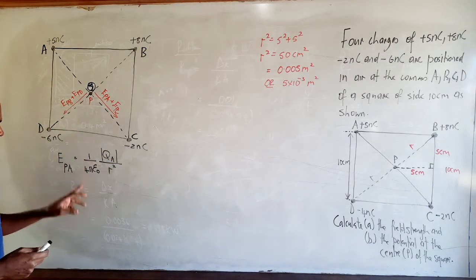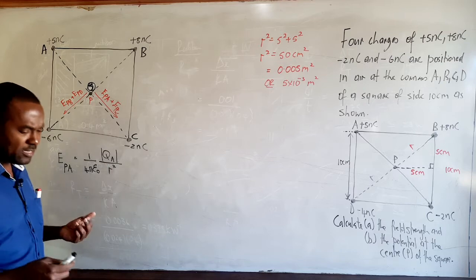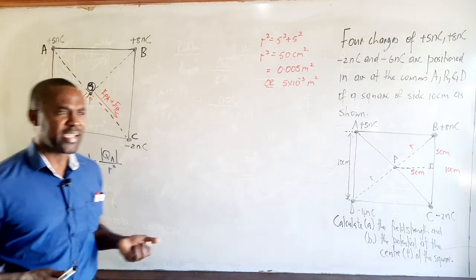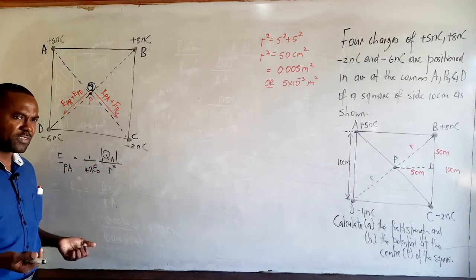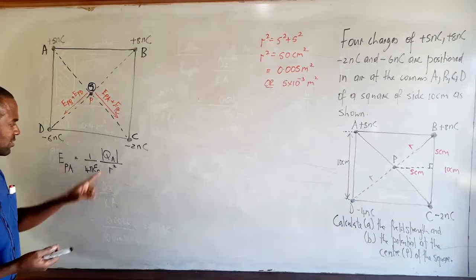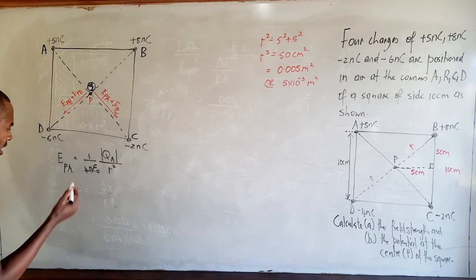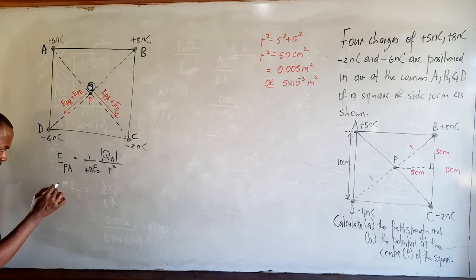So taking this constant as 9 times 10 to the 9 for simplicity, in many books it is given as 8.99 times 10 to the 9, in some it is rounded to 9. So for simplicity and for ease of calculation, we'll take this value of the constant to be 9 times 10 to the 9. And so the field strength at P due to A